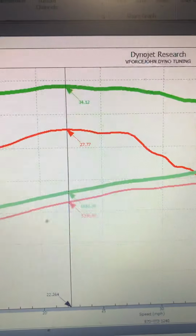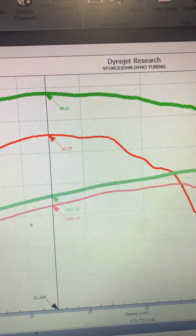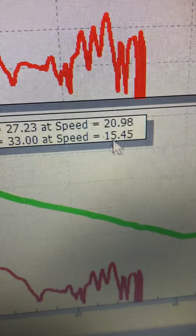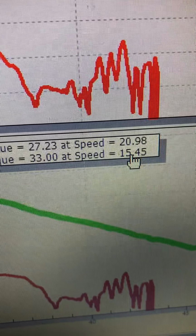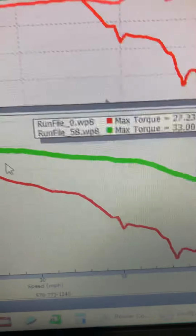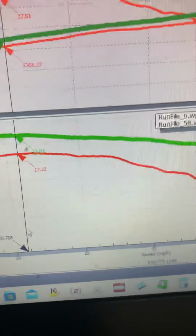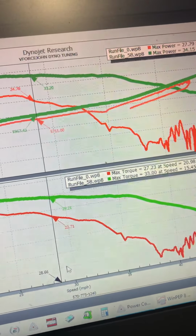But let's take a look at the torque. I want to go to double graph. And my maximum torque is 33 at 15 mile an hour, so I'm building a lot more torque at a lower speed. And the factory torque was 27 at 21 mile per hour. So pretty much factory one likes that 21 mile per hour. That's its sweet spot, right in that range from 18 to pretty much 30. Then it